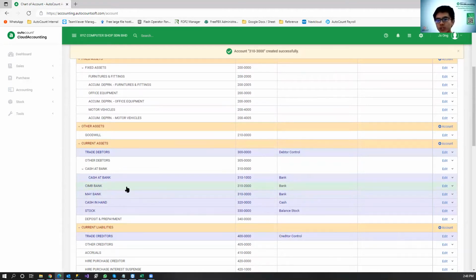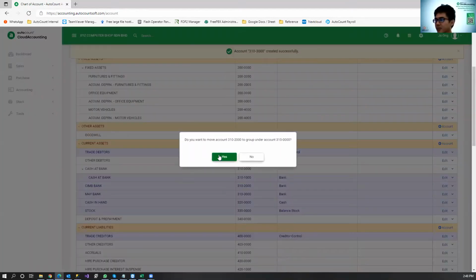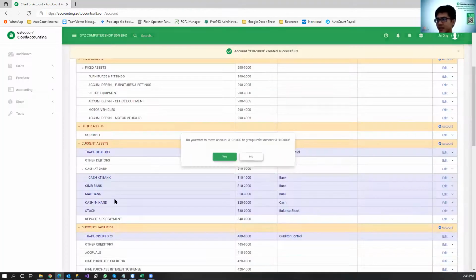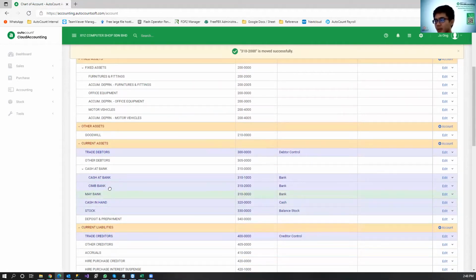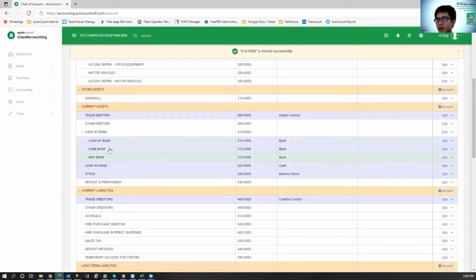If you want to put it under a certain account, maybe you want to have a parent-child relationship, for example cash and bank, you can see over here there's a default cash and bank. The CMB bank is outside this level, at the same level as cash and bank here. So if you want to put these two in, what can you do? Very simple. You can just drag and drop. It will prompt you with a message, are you sure? You just click yes. Then the Maybank is the same. You can just drag and drop and click yes. You will see all these bank accounts automatically tied under this cash at bank parent account. So it's pretty simple. You don't have to go and edit and change here and there. You can just drag and drop.